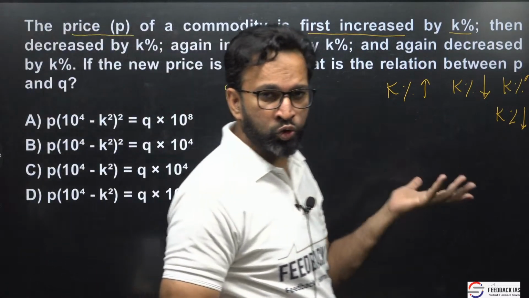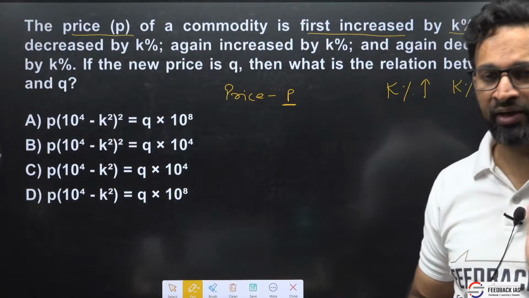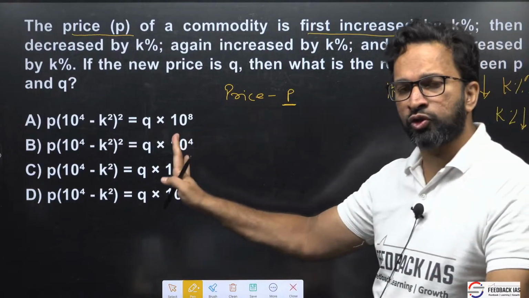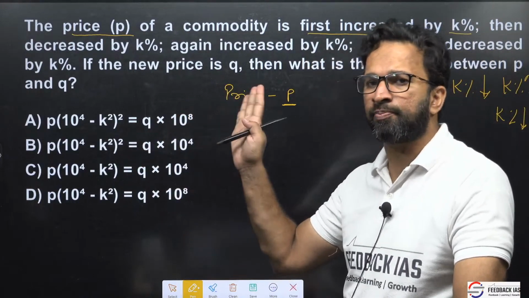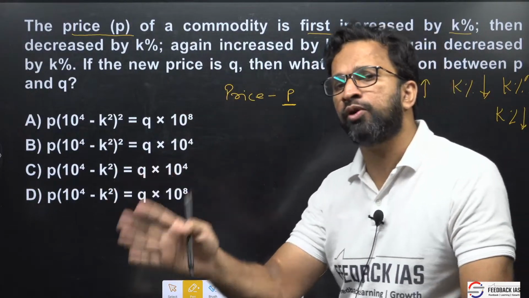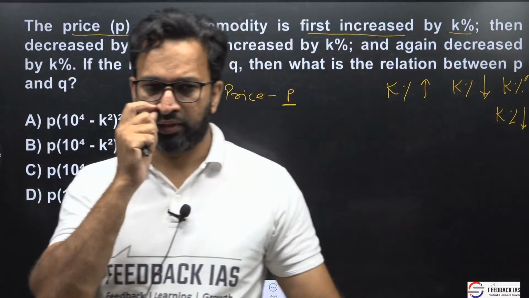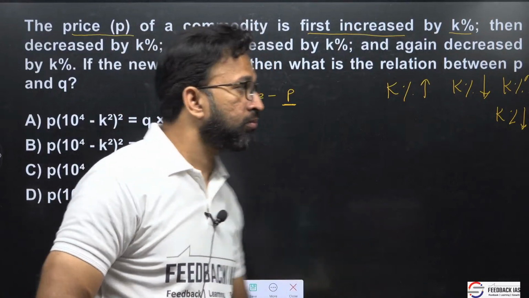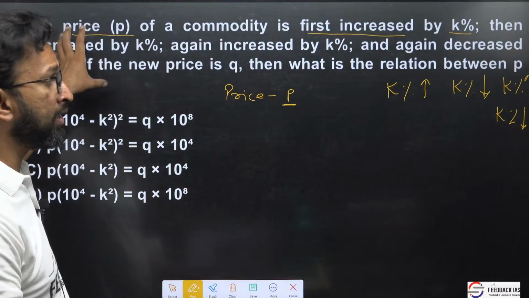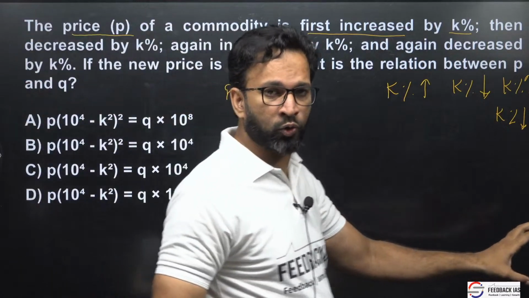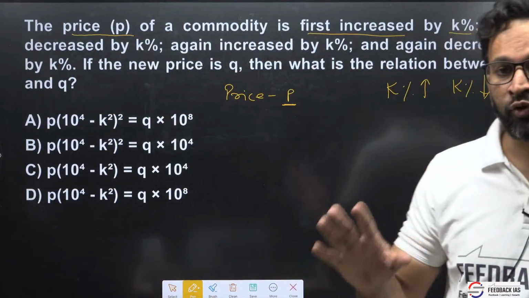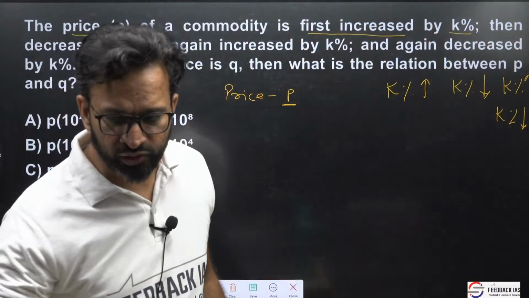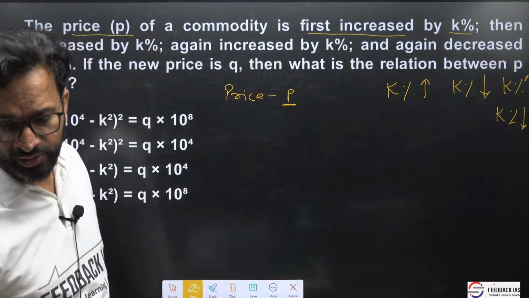Understanding the question in the CSAT paper is very, very important. Until and unless you find the logic in CSAT paper questions, you won't be able to solve them within the time frame. The questions are not that difficult, but once you find the logic in the question, it becomes very easy for you to solve it, right? So first you need to identify